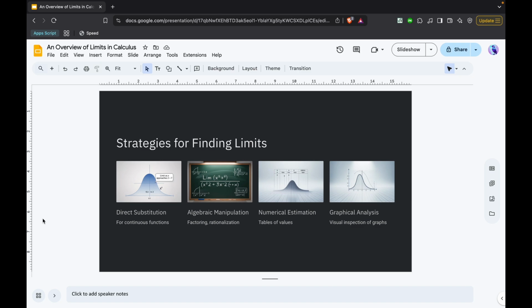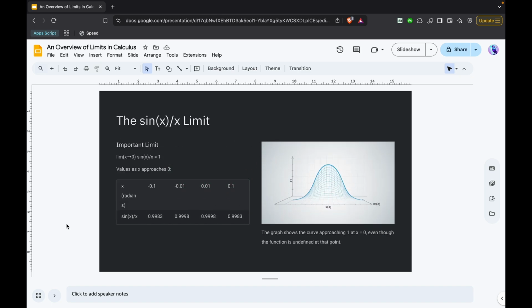Now, the fourth method is also pretty much used very commonly with one-sided limits and piecewise functions, which go together a lot. And this is graphical analysis, or really we're using our eyes or a visual inspection of the graph of the function. This is a very important limit: sine x over x as x approaches 0 approaches 1. Now, we're going to be covering how to solve this algebraically in another video, but this shows the